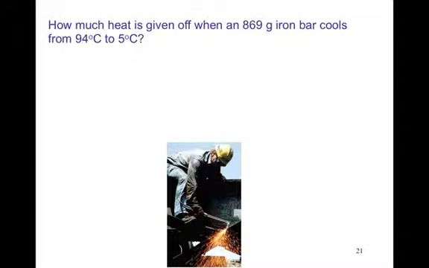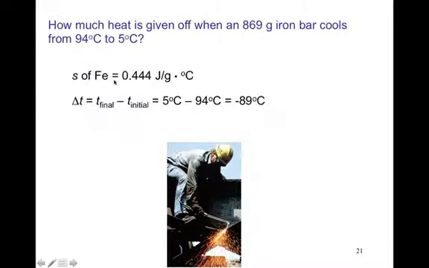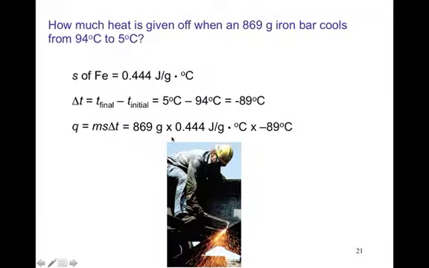So you can do a problem like this, how much heat's given off. You have a mass, an iron bar, cools from 94 to 5 degrees Celsius. So you know your grams, you know your delta T. You have to look up S, that would be in your book, your specific heat for iron at 0.44. Temperature final minus temperature initial, ended at 5, started at 94, find yourself at a negative 89 degrees Celsius. And then you find your formula for heat given off. m, we've got that. S, we looked that up in the book. Delta T, we calculated that. We find ourselves at